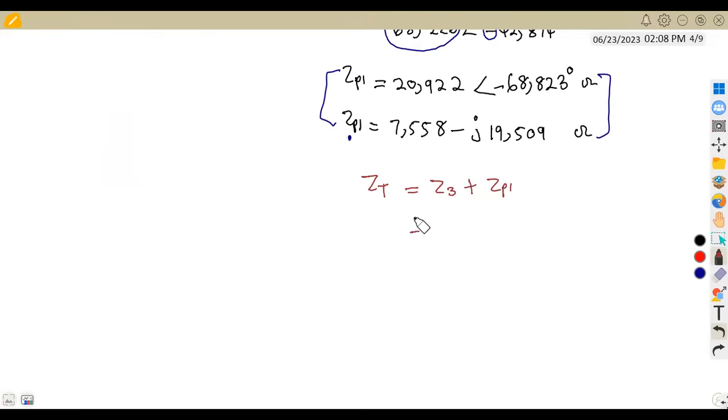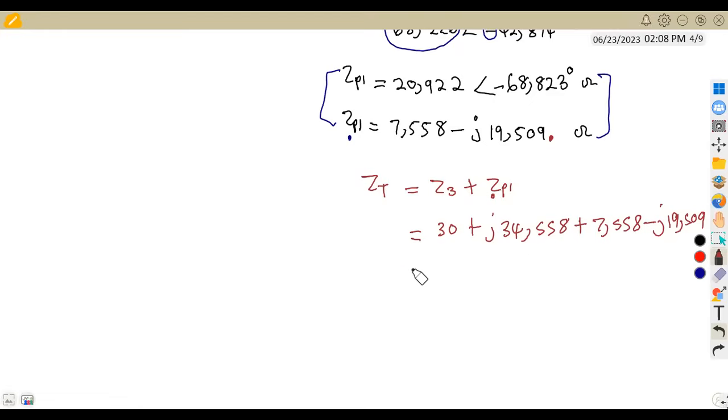So our Z3 in rectangular form, which was given as 30 plus j34. Then add ZP1, our ZP1 in rectangular form. So we're going to add 7.558 minus j